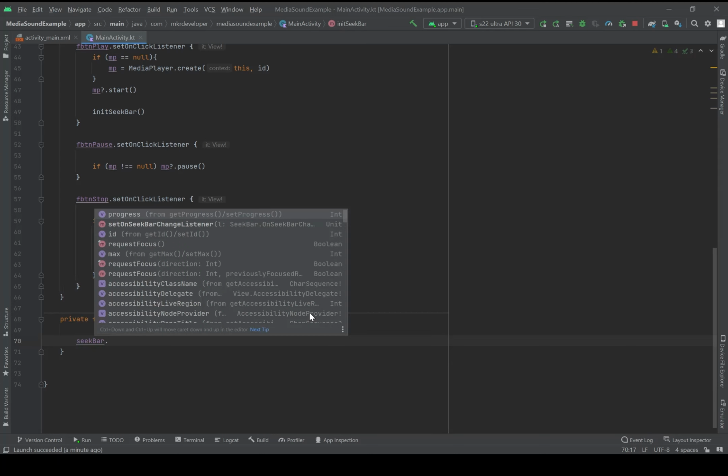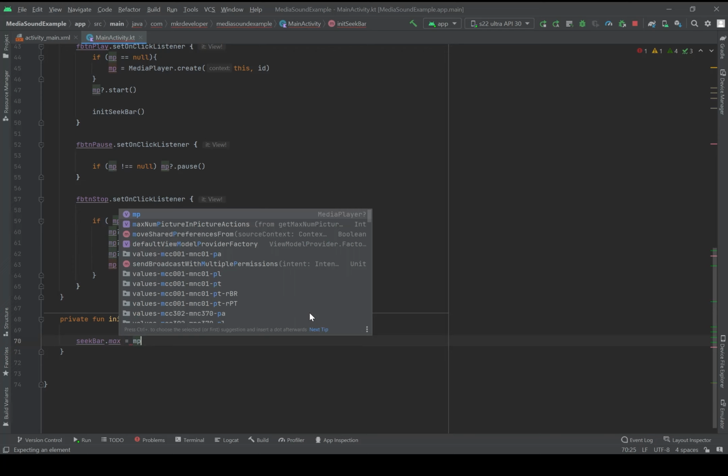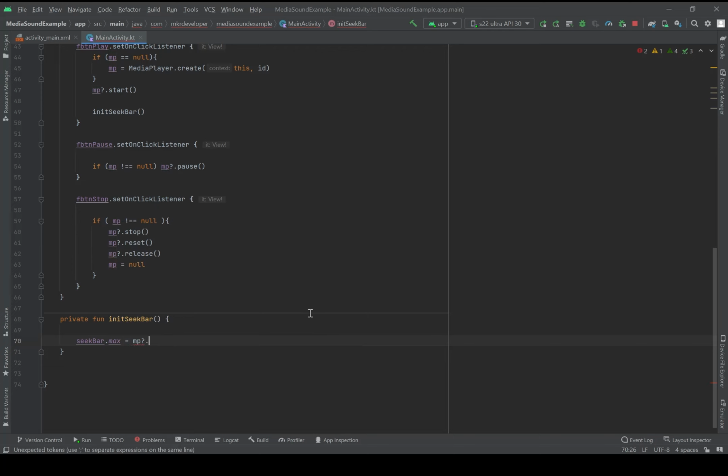seekBar dot max equals to media player, if it's not empty, dot duration. Sorry, I made a mistake. Okay, seekBar dot